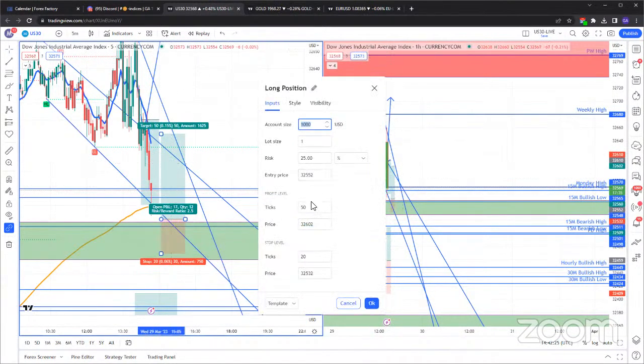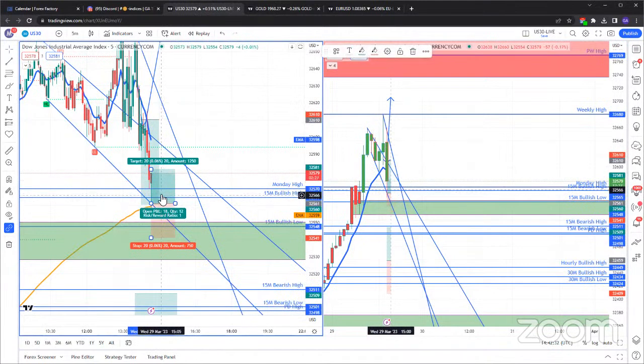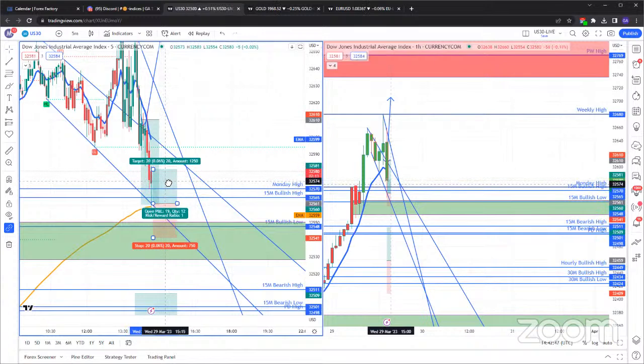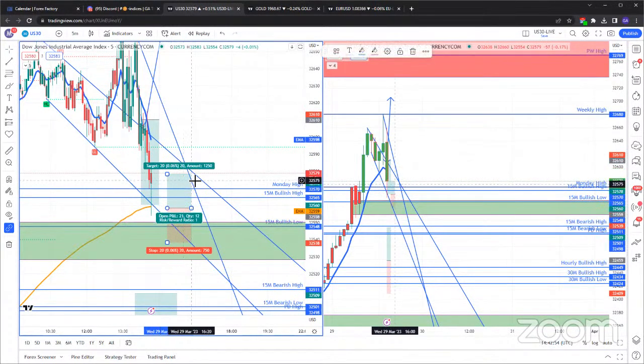So I am not in this trade, but this is how you play these trades. Do not go for the 50 pips take profit. Go for 20 pips, because that has a much higher confluence, a much higher probability of hitting, or even 10 or 15. And you see that you could have just hit take profit there. But for me, that's a risky trade, since I do see US 30 being